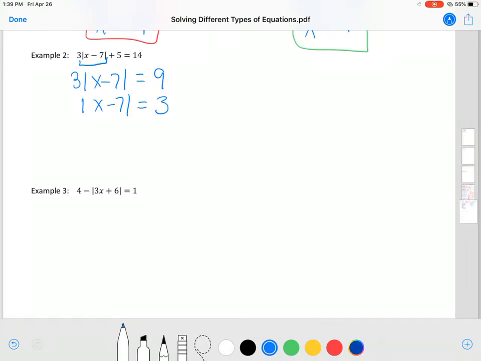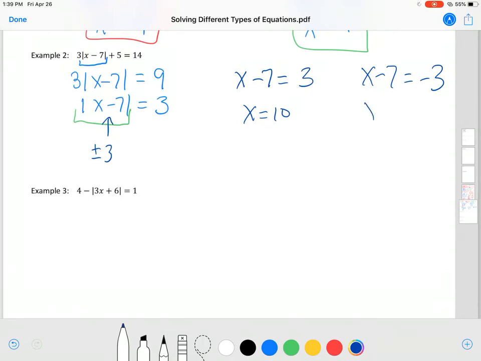Now that I have the absolute value isolated, right, the absolute value is all by itself, and I have the number on the other side, I set up my two equations. So I have x minus 7 could be equal to positive 3, or I could have x minus 7 is equal to negative 3. Whatever is inside here could be plus or minus 3, because when I take the absolute value, I would get 3. So my two answers are going to be 10